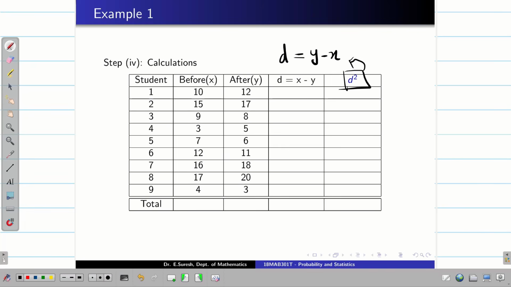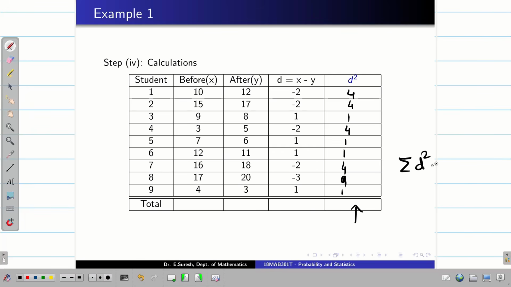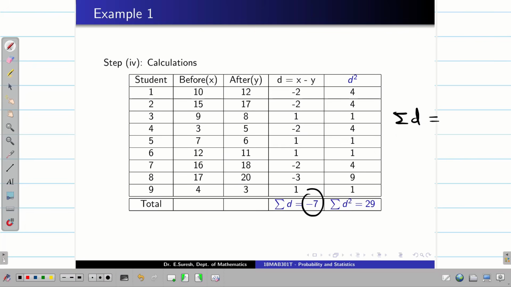Now subtracting 10 minus 12, it is minus 2. Next one is minus 2. Like that, we have to fill this column. And now we have to square this d and write the data here, and finally we have to add everything to get summation d square. My summation d square is 29, and we have to add summation d also. It may be negative, it doesn't matter. We have minus 7. So d bar is summation d by n, that is minus 7 by 9,